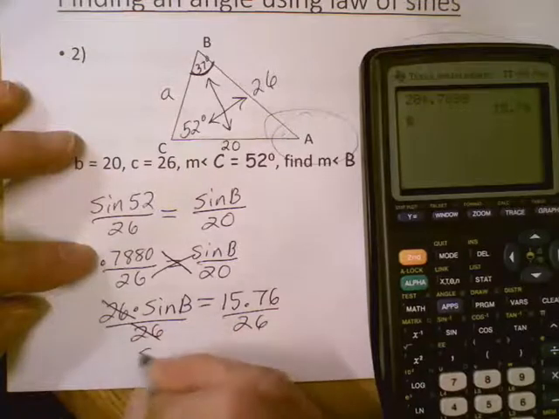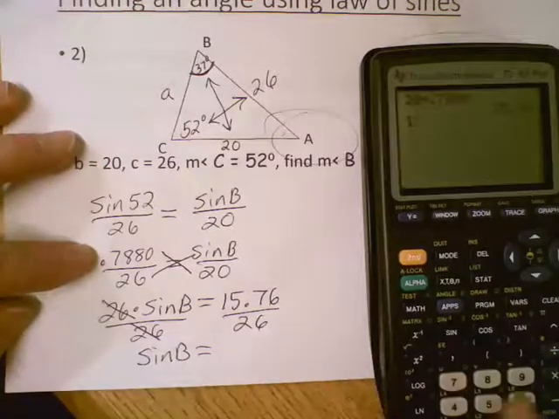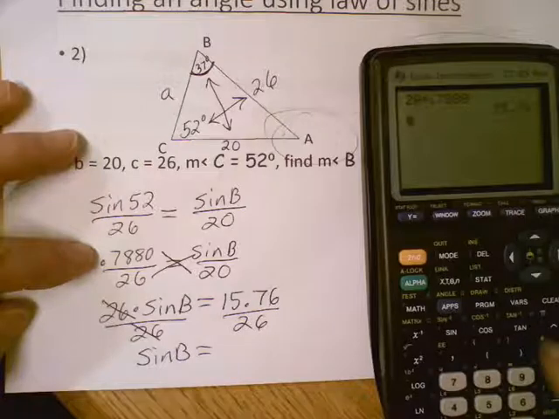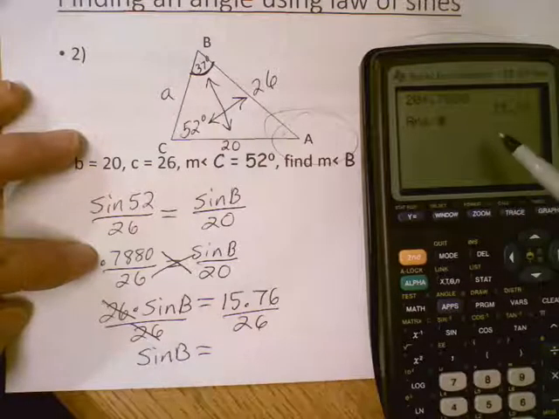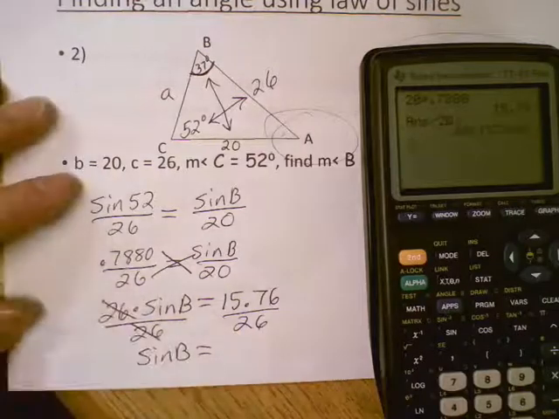These cancel out. You're left with sine of b on this side. 15, I already had it on there. I don't know why I did that. Let's say divided by. Nope, it won't do it. Divided by... So now it's just going to divide that answer by 26. I get